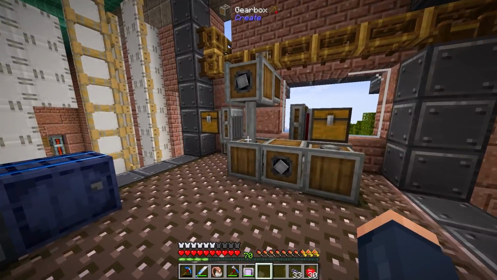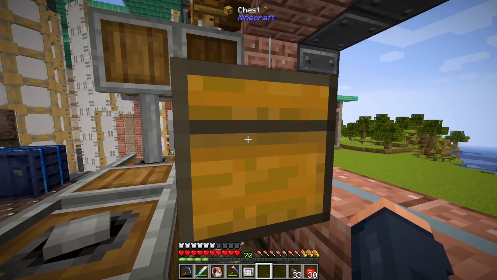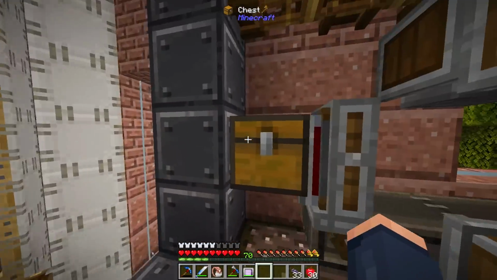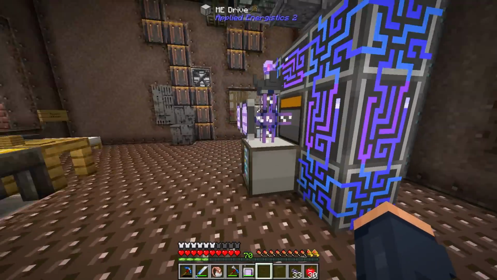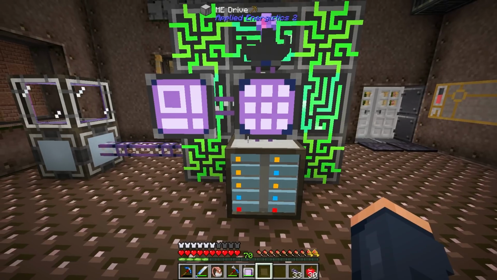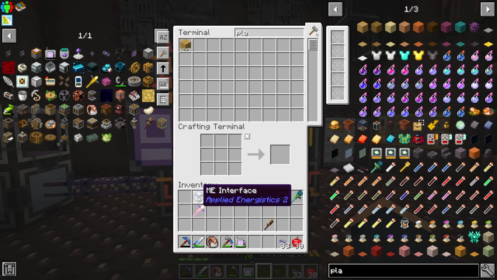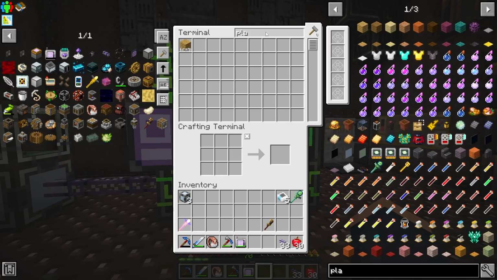But over here, we can do different things with the interfaces. I want to set up a system that puts into here and then outputs here. So that is going to require, I believe, 2 interfaces. You can use an interface to pull items out as well. But I think I'm going to use something different. Basically, the system just has to receive the item back. So hopefully we can